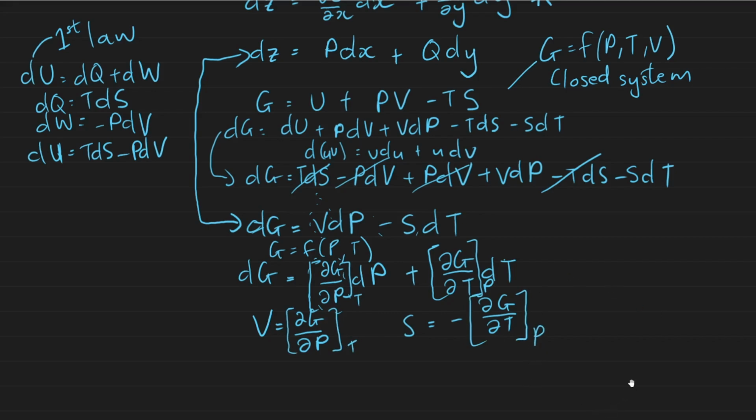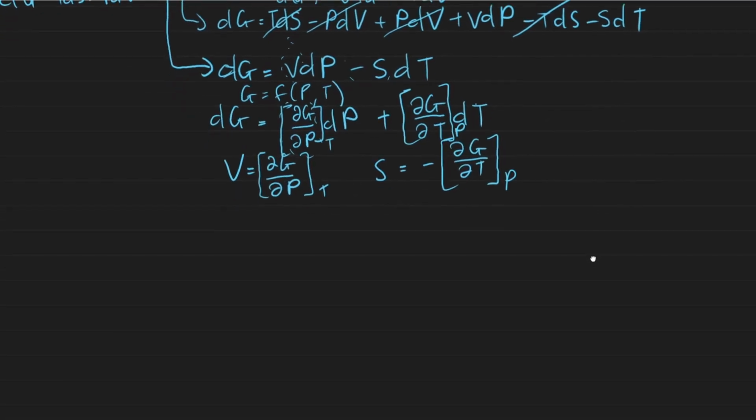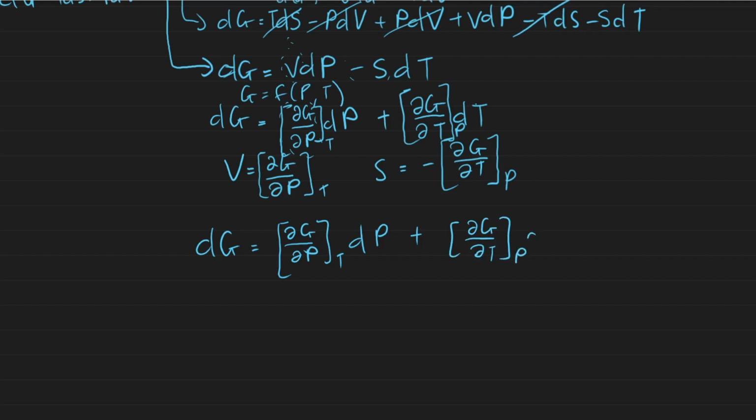So we can now extend this relation to be valid for an open system. What happens in an open system? An open system is simply where not only is energy allowed to enter and exit, but mass is also allowed to enter and exit as well. So all we need to do is simply account for this change in mass of the system by adjusting this exact differential of Gibbs free energy. So we have dG currently at the moment is equal to ∂G/∂P at constant temperature times dP plus ∂G/∂T at constant pressure times dT. So we just need to add in the end